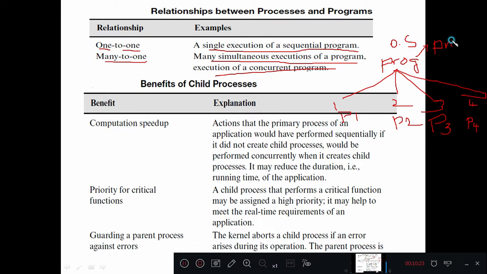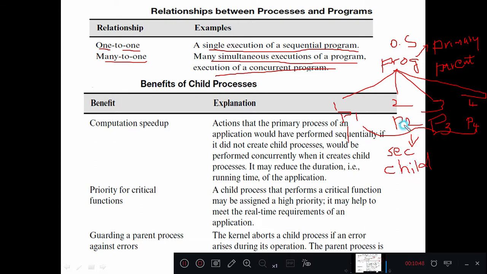Sometimes it is also called the parent process, and the processes which are generated to handle these subprograms are called secondary processes. So P1 to P4 are called secondary processes, or we can also call them child processes.